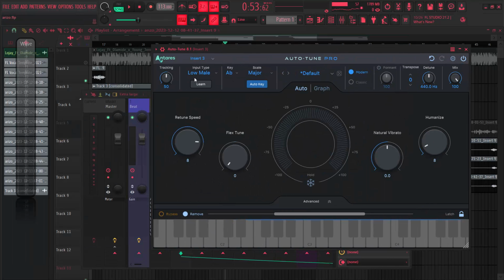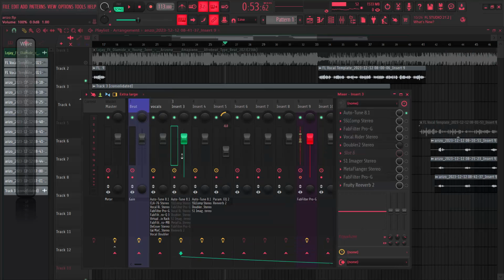So my Auto-Tune was added, which I selected my key, and as you can see, this is my key, and I put it on low. You can put it anywhere you want. The tone speed was not that much. So the next thing I did was to